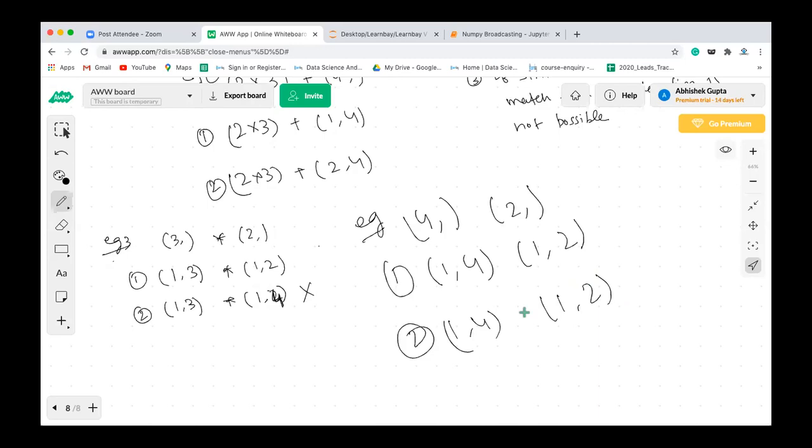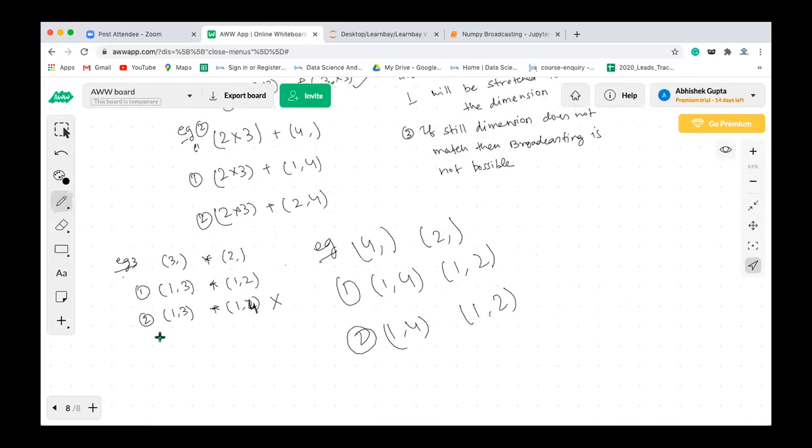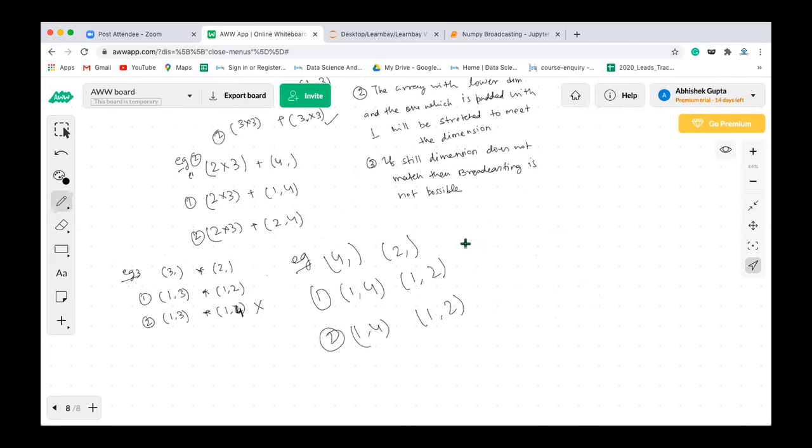Now let's say you are taking a multiple dimensional array. Let's take example 5. You have 3 rows and 5 columns, clear? And here you have 2 rows and 5 columns. Is it possible? No. You try to match it. In the first step, both have the same dimension, so you don't have to do the padding, but the second step is not allowed itself, so you are not able to match the dimension, so this is not allowed.